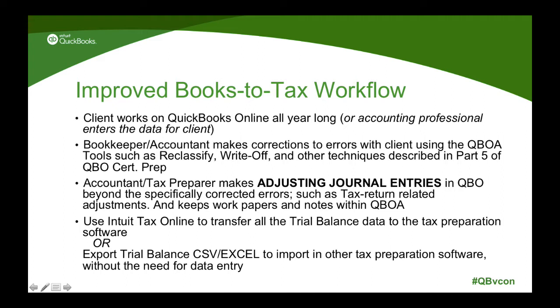And then once we move into, okay, the client finalized their client side corrections, and then we're going to make the accountant side corrections, which may be related to just tax returns. So our financial statement from the client side may be 100% complete. However, we have to make a depreciation adjustment, a meals and entertainment adjustment, something that we don't want to put in the books, but we need to have a journal entry per se in order for the trial